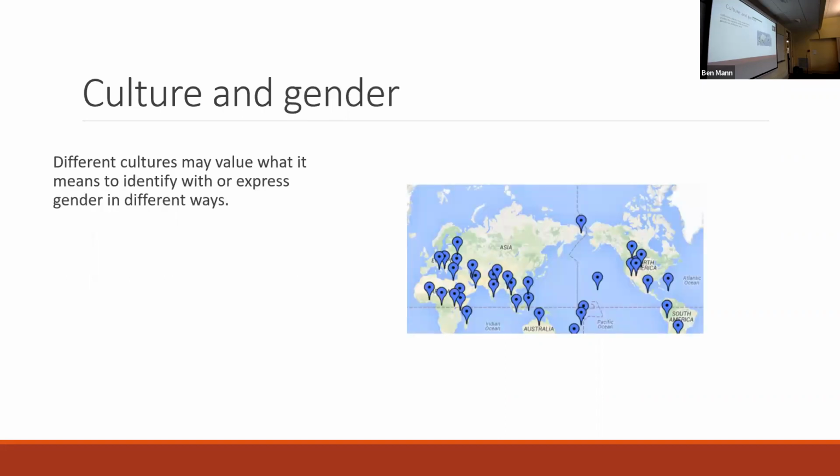Another important factor here is thinking about gender, right? What I have here is pulled from a map of the ways that gender is practiced differently across a variety of different countries, cultures, and contexts, right? Each one of these corresponds to a very different practice of gender, including in a lot of Indigenous and First Nation communities, right? What I think it's important to put into context is that, depending on the culture that you're a member of, what it means to identify with or express gender looks very different.